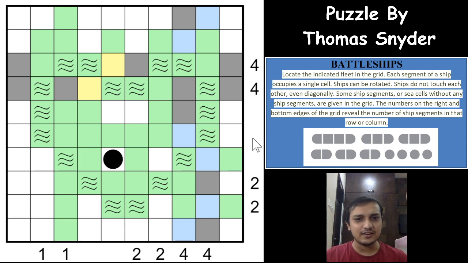According to the indicated fleet range we have been given, there are exactly 20 cells of ship segment possible. Like one ship has 4 segments, 2 ships have 3, 3 ships have 2, and there are 4 ships of 1 cell each, which means there are exactly 20 cells of ship segment. And in a grid you can have only 20 cells of ship segments, right? Not more or not less, according to the indicated range.